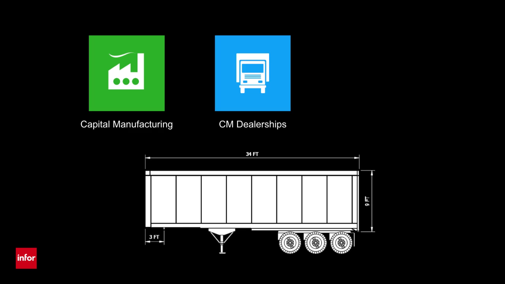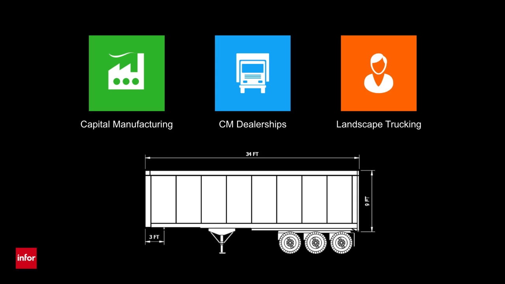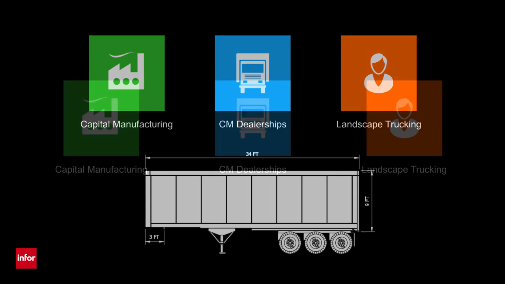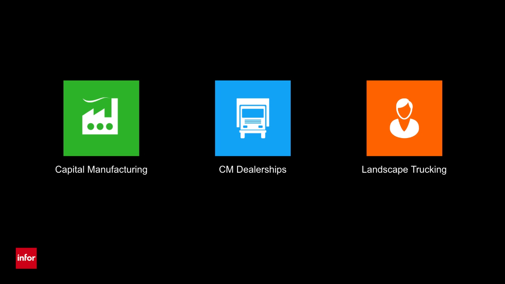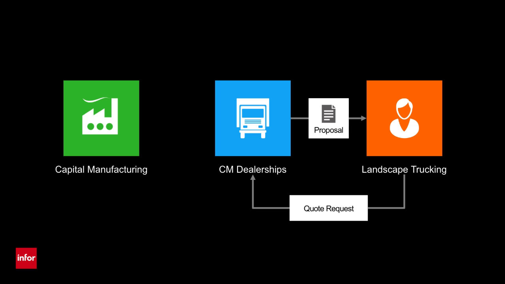CM Dealerships is a dealer for Capital Manufacturing, and Landscape Trucking is a customer for CM Dealerships. In this scenario, we will see how CM Dealerships is using Infor Configure Price Quote to manage their sales process. First, CM Dealerships will respond to a request for quote from Landscape Trucking, generating a 100% complete and accurate quote